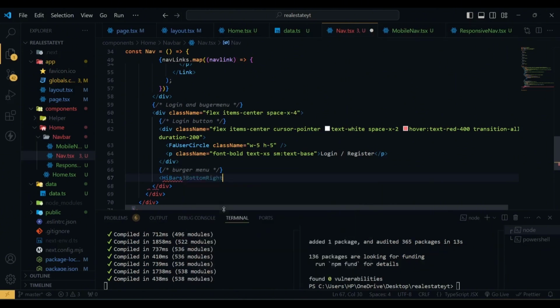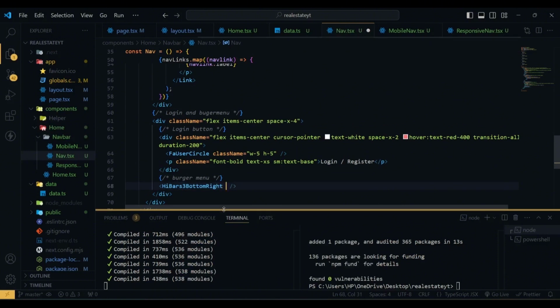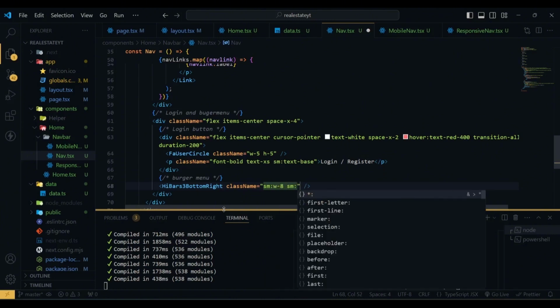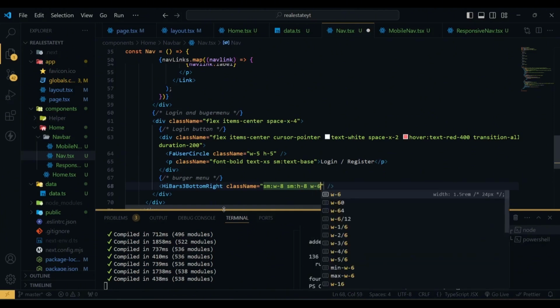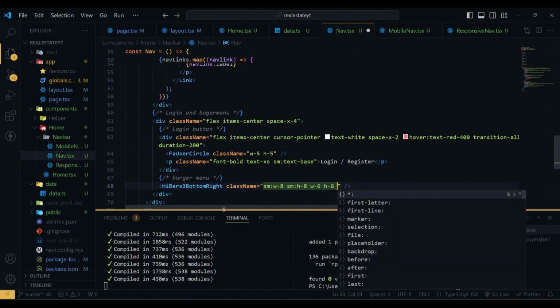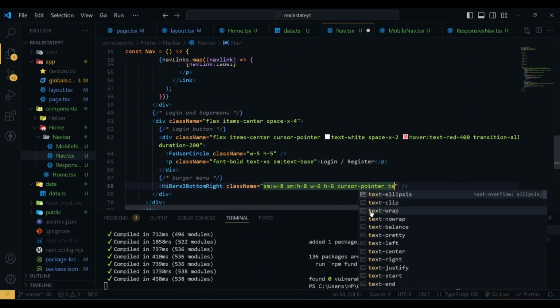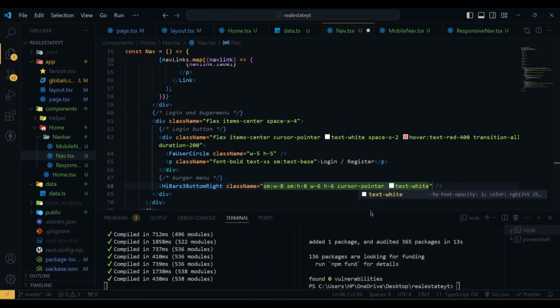So BiRightIcons, and this one will have a class name of in small and large devices width will be 8, and in small and large devices height will be 8, otherwise width will be 6 for less than the small devices, and height will be 6, cursor pointer, text color white. And now if I hit save,